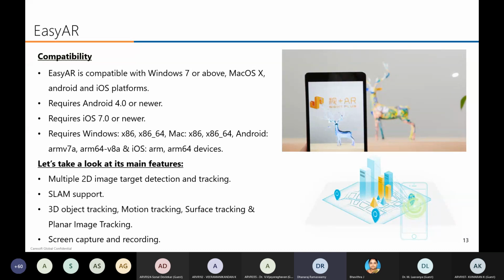It supports Windows 32-bit and 64-bit, Mac also 32-bit and 64-bit, Android ARM 7 and 64, and iOS also on 64-bit devices. So you can run your AR application on your device. Suppose you are using an existing laptop, I mean an old version of a laptop or PC, and you want to explore AR, you can use Easy AR.